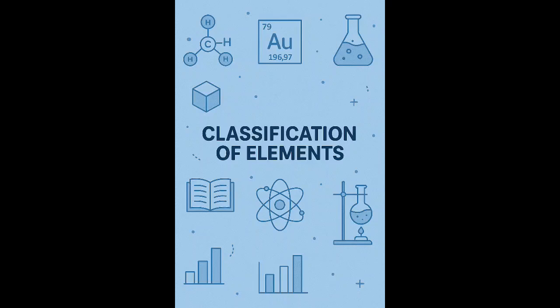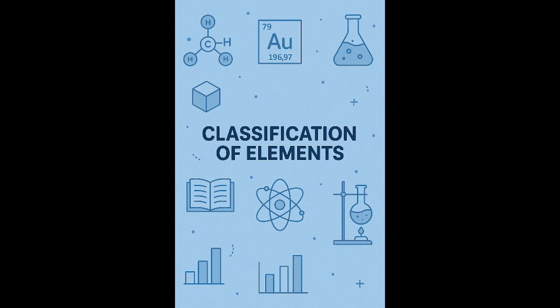Classification simply means grouping things based on similarities. This is not only essential in science, but it also plays a role in everyday life. Imagine a library where books are not classified: chaos, right? In science, as the number of known elements grew, especially in the 19th century, scientists felt the need to arrange